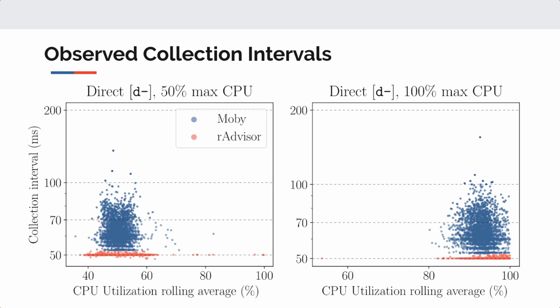And as you can see from the results, Artvisor, which is in red, has entries clustered very closely to the 50 millisecond target interval, and it very rarely goes above that. In fact, over the course of our 3 million collection intervals that we observed, it never even went over 100 milliseconds. On the other hand, Moby has a much wider distribution, and it's degraded past even 1000 milliseconds at times during our tests,